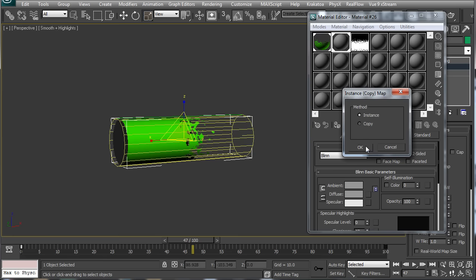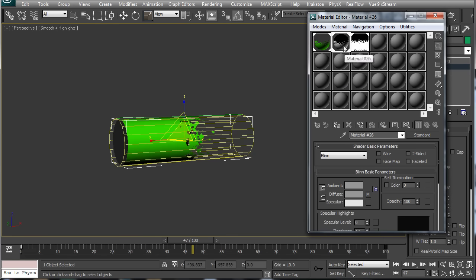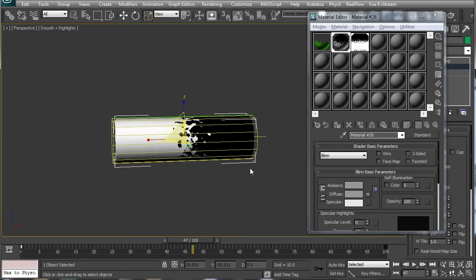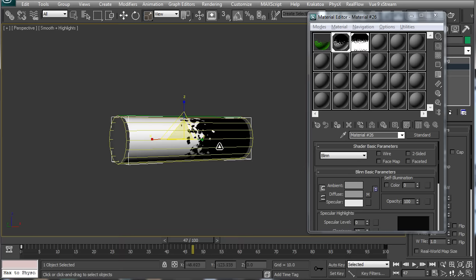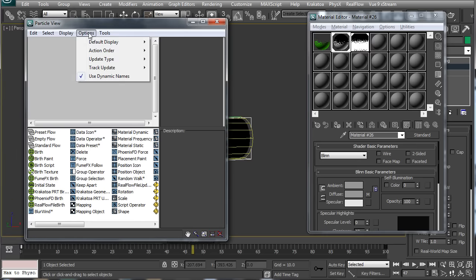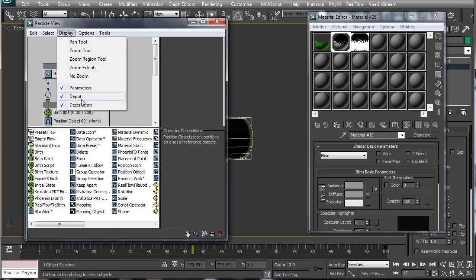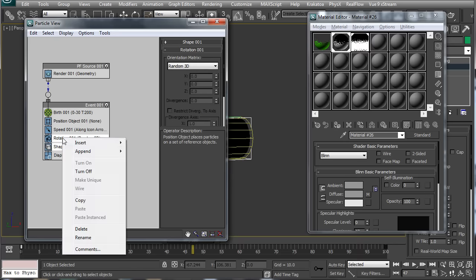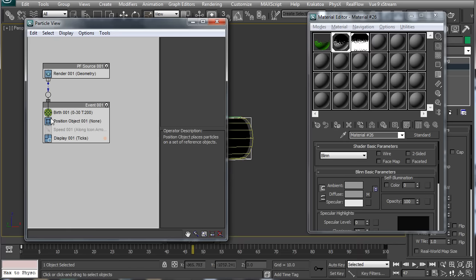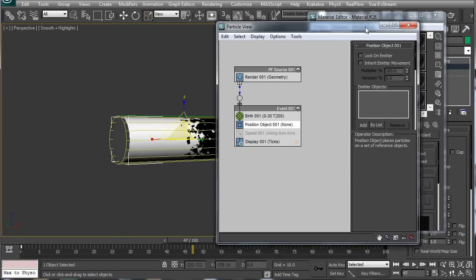And to see how the material works, we will apply it to the object. And this is the material we're going to use for emitting our particles. Now let's build our particle system. We'll drop in just a standard flow, and we'll override the position icon with a position object. We'll get rid of this event and these two as well, and we'll turn off speed. And for our position object, we will select our object,